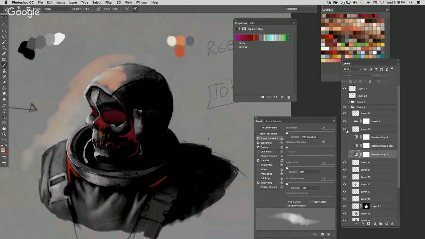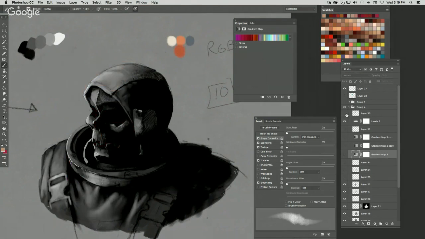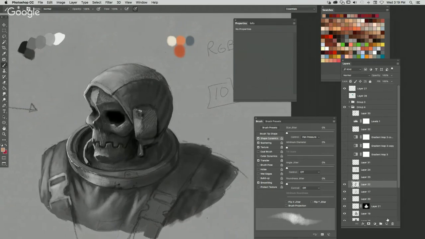But turn some of these off. But let's say you just want to lay down your colors first. Where are my colors? Oh, I've created too many layers. Oh shoot, I might have deleted it.